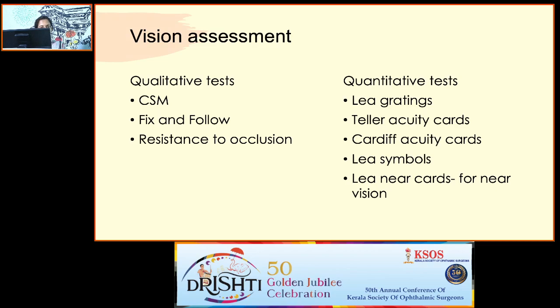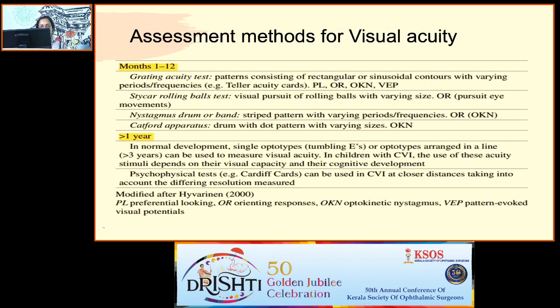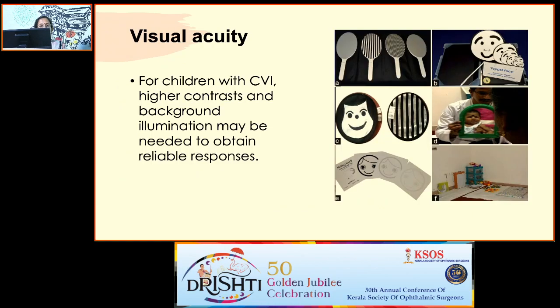Vision assessment, you have to go for qualitative tests as well as quantitative tests. You can document whether the child is able to do a central steady maintained fixation, see if he is able to fix and follow objects, or if there is any resistance to occlusion. Quantitative tests, we have Lea grating, stellar acuity cards, Cardiff acuity cards, Lea symbols or Lea cards for testing near vision. These are the different methods of testing visual acuity, age-appropriate methods, modified after Hyvarinen in 2000. And remember, when you check visual acuity in children with CVI, higher contrast and background illumination may be needed to